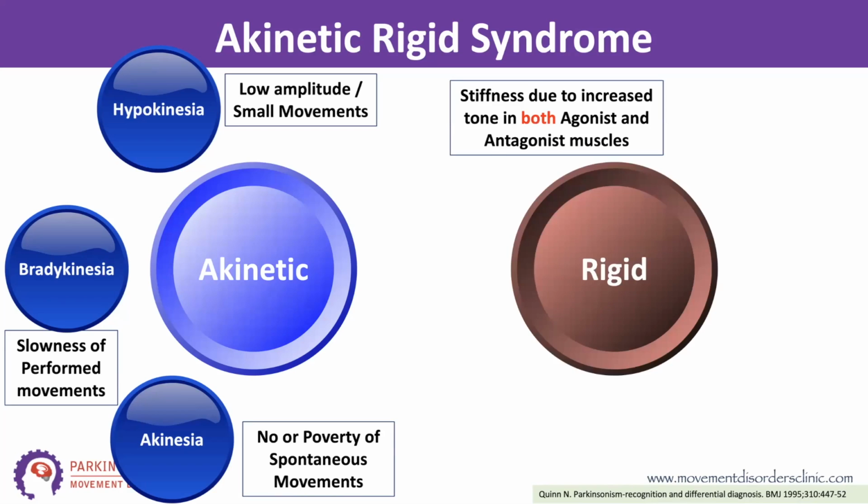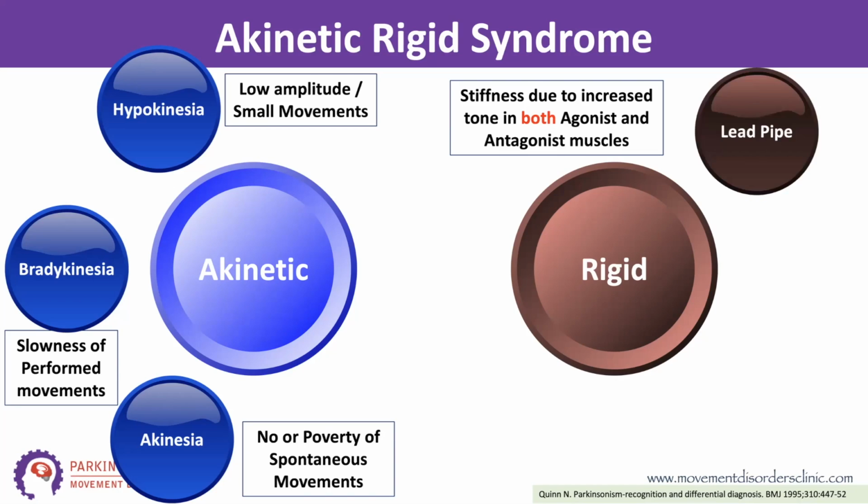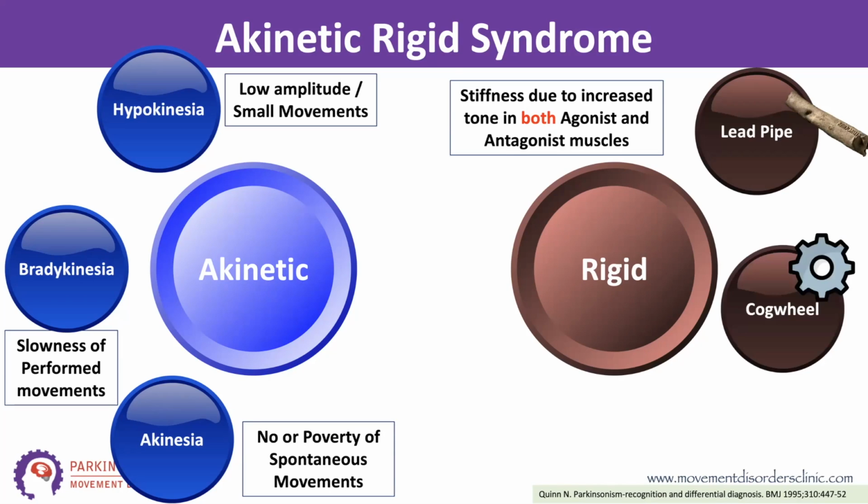Then comes the rigidity part. Rigidity is stiffness due to increased tone in both agonist and antagonist muscles. This can be in two varieties. One is lead pipe, where you feel the stiffness throughout the same way, like you're stretching a lead pipe, or it can be cogwheel, meaning you have jerks of release, stiffness, release, stiffness, release, stiffness, like a cogwheel